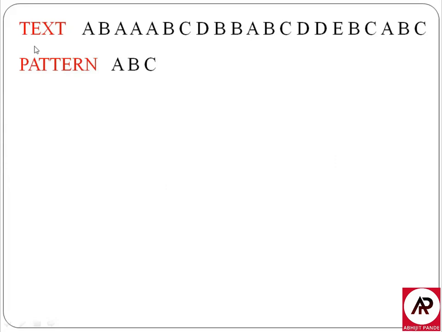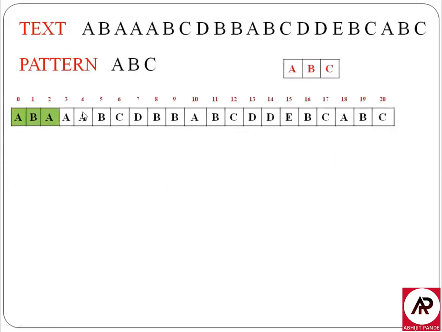Consider a given input string and suppose we want to check whether a pattern ABC is present in our string or not. Before we start, we will assign an index number to each character present in the string. Here I have written the original string and assigned the index number to each character, window by window. Here the size of the window is equal to the length of the pattern to be searched. In this example, the length of the pattern ABC is 3 characters, so the window size is also 3 characters.